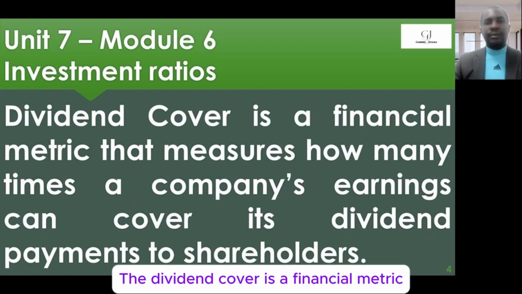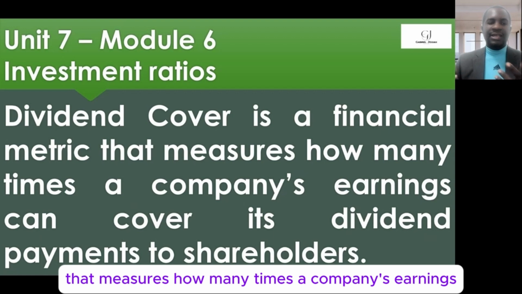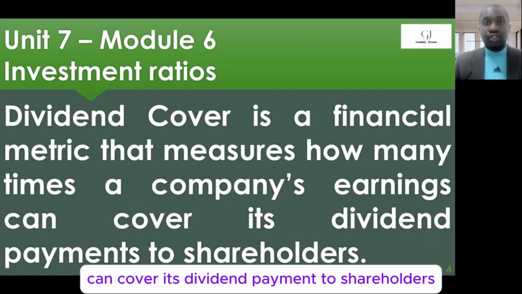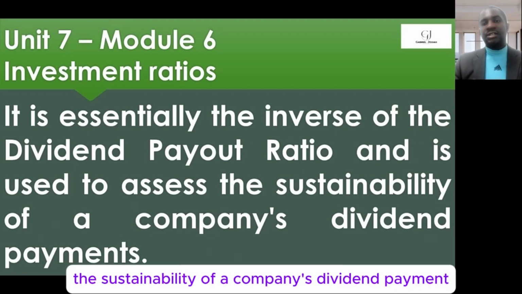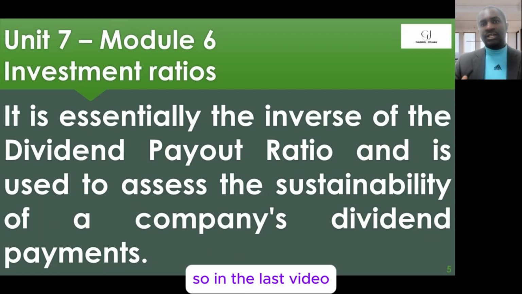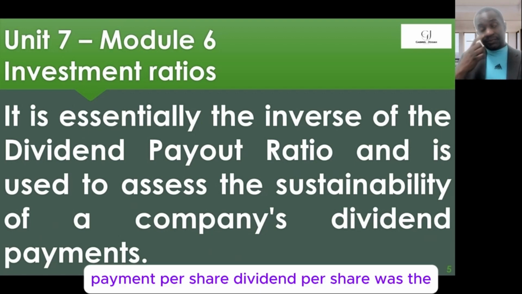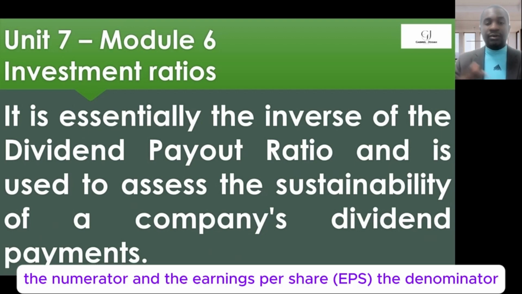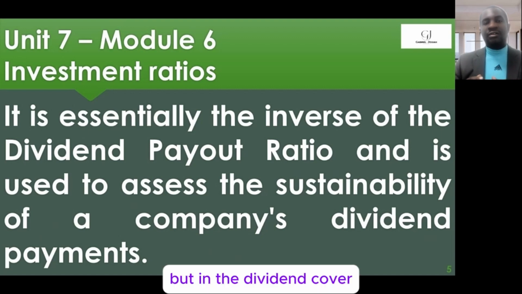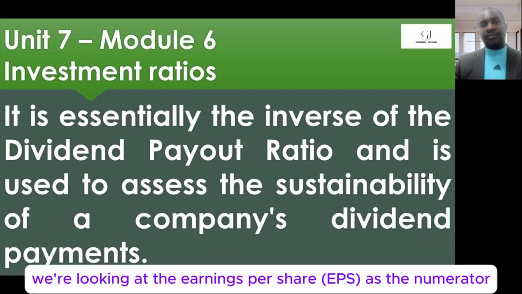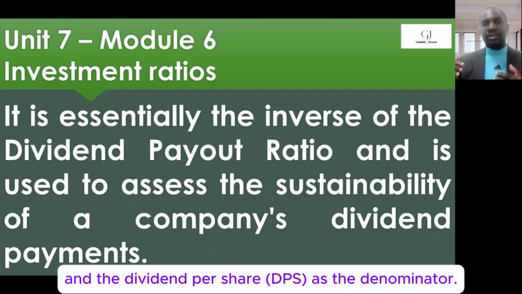The dividend cover is a financial metric that measures how many times a company's earnings can cover its dividend payment to shareholders. It is essentially the inverse of the dividend payout ratio, and it's used to assess the sustainability of a company's dividend payment. In the last video, we looked at the dividend payout ratio, where the dividend per share was the numerator and the earnings per share the denominator. In the dividend cover, we're looking at the earnings per share as the numerator and the dividend per share